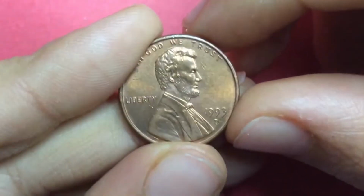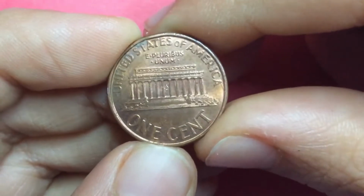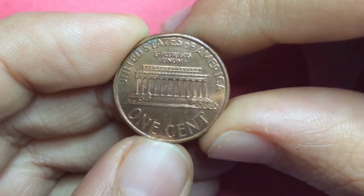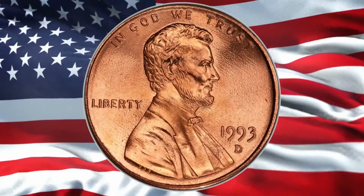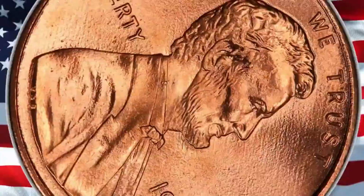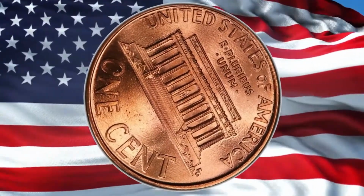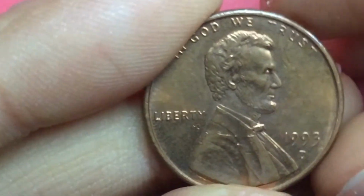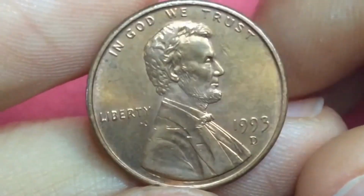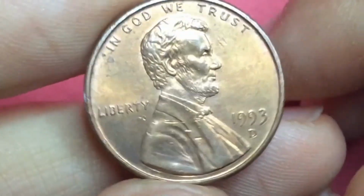How is it going? The coin I'm holding is a 1993 Lincoln penny with mint mark D from COİN's collection. Has a brilliant eye appeal. This Lincoln Memorial reverse 1 cent was in standard circulation until 2008. Struck on a copper-plated zinc planchet, it weighs 2.5 grams and has a diameter of 19 millimeters. The obverse side features a portrait in right profile of Abraham Lincoln, the 16th President of the United States. Motto "In God We Trust" above the device, Liberty on the left, and date on the right, with mint mark